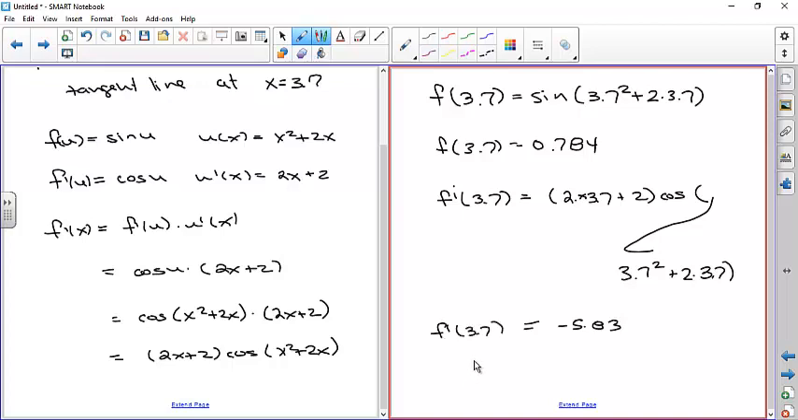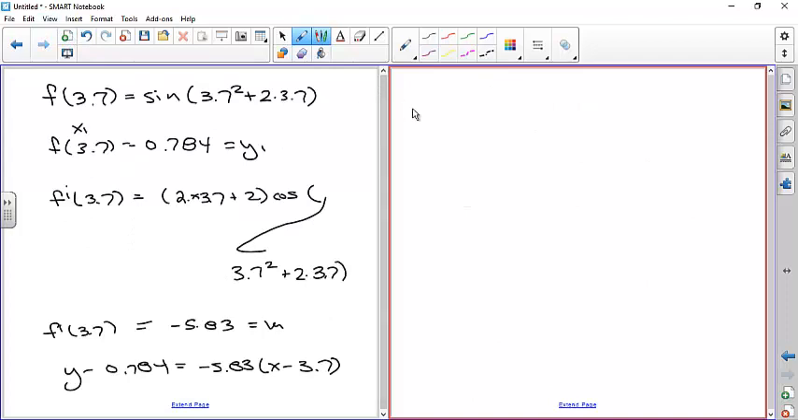So we have the x value and the value of the function, and we have the derivative, so this is the slope. This is going to be equal to y1. This will be equal to x1. So we have y minus y1, which is 0.784, is equal to negative 5.83 times x minus 3.7. And we just need to put in the slope-intercept form. So we'll have y minus 0.784 is equal to negative 5.83x